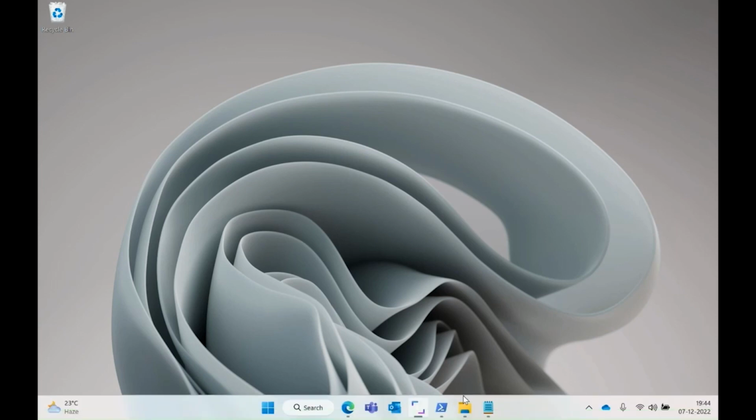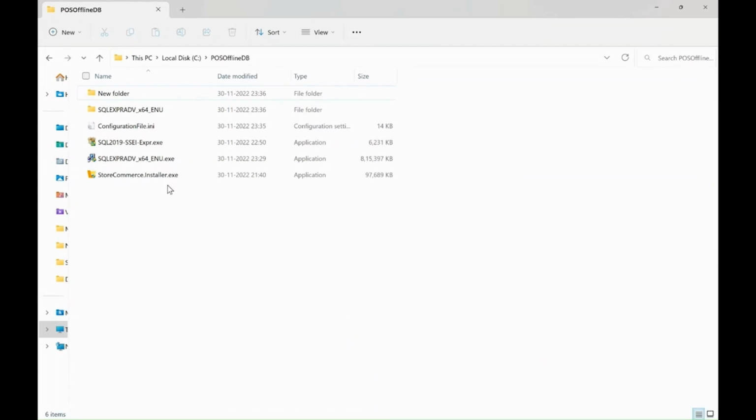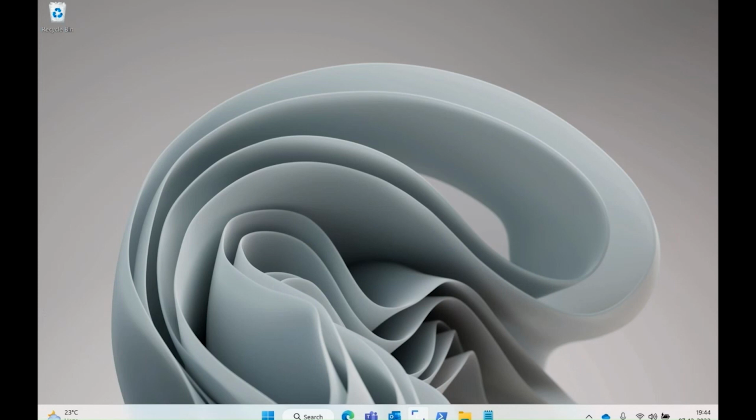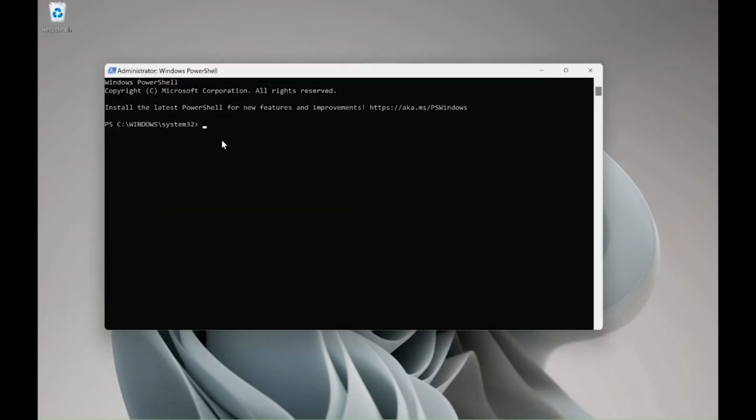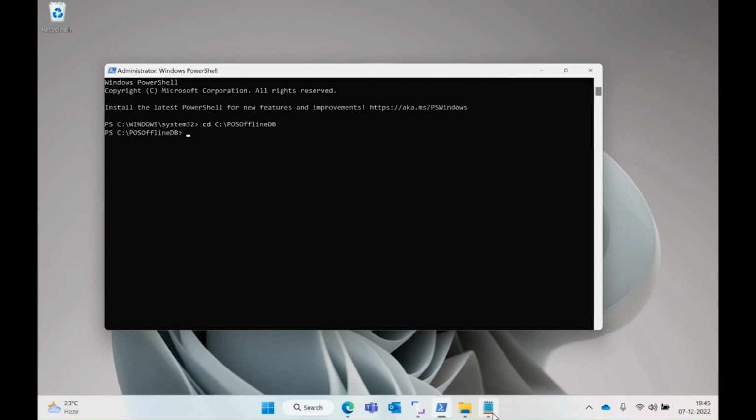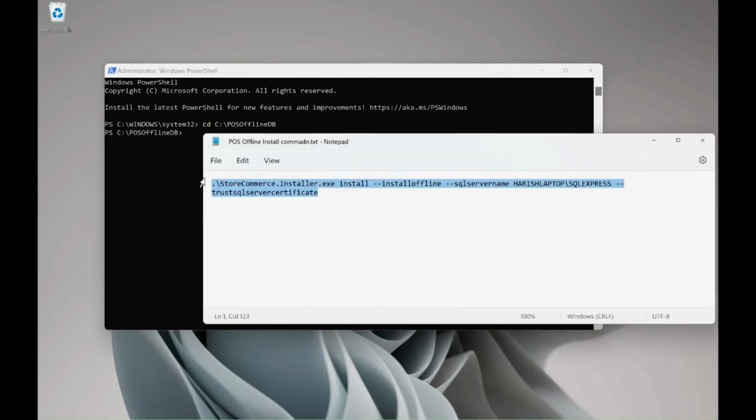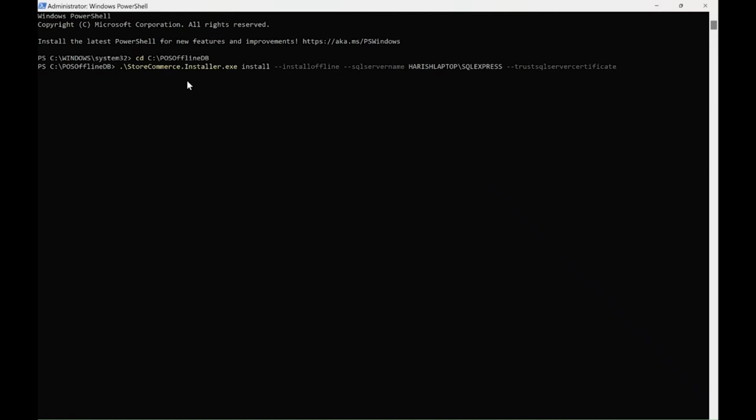So first things first, we wanted to go ahead and see if we have the StoreCommerce app installer available. So I have the local version of the exe available with me. I'm just going to pick up the location, and then I already have PowerShell open in administrator mode. So I'm just going to navigate to a location where I have the installer. So now that I have the installer location, I'm just going to use the command that I have to go ahead and install the POS